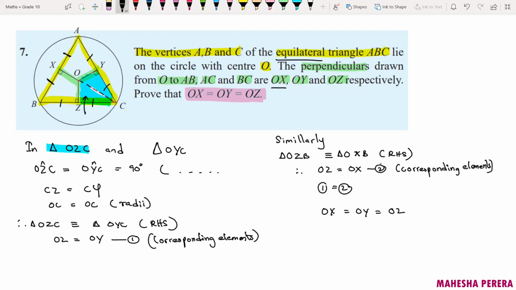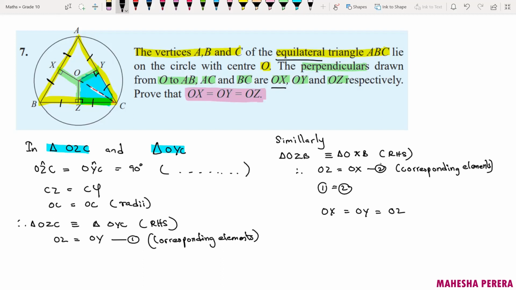And the triangle OYC, right? The other one. Now we know that this angle and this angle are 90 degrees because of our theorem related to chords of circle. So you need to write the theorem here, right? And then